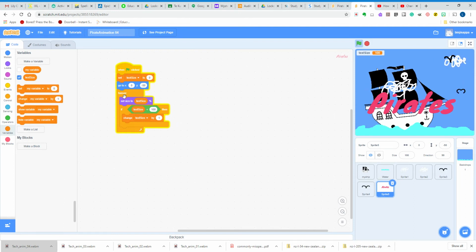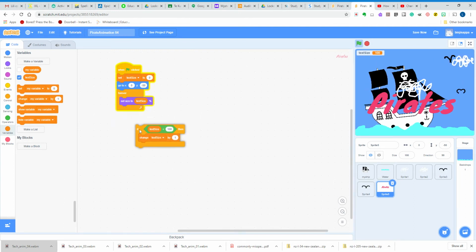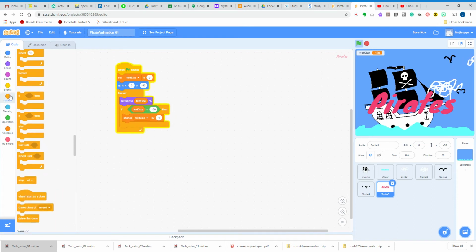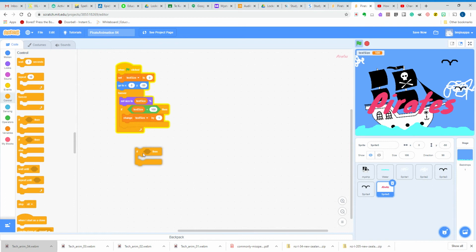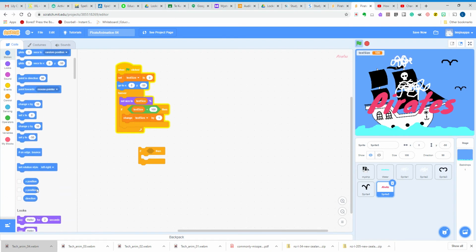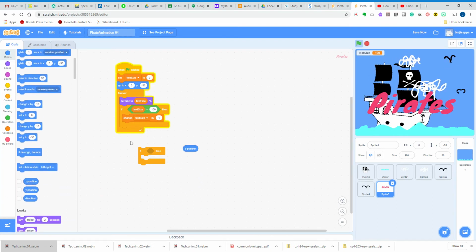So the way we do this is it's similar to what we're doing here with this if. We need to make another if statement, and this one we're going to be looking at up and down. So remember, left and right here is X, up and down is Y. We're going to look at the Y. So we're going to go motion. We're going to say if our Y position is